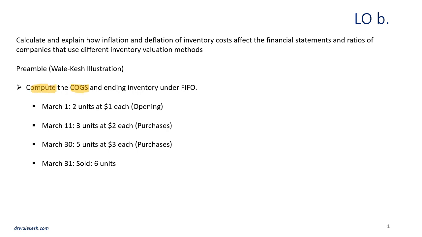Compute the cost of goods sold and ending inventory under FIFO. We are looking at this question. On the 31st of March, 6 units of inventory were sold using first in, first out. That implies that the first set of inventories to come in will be the first set to go out. So the first 6